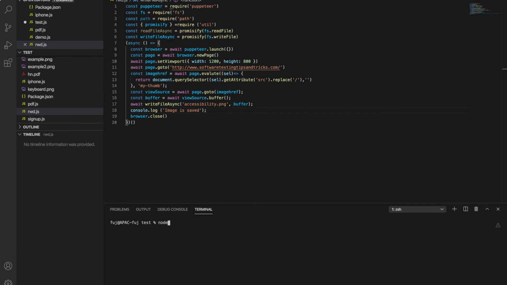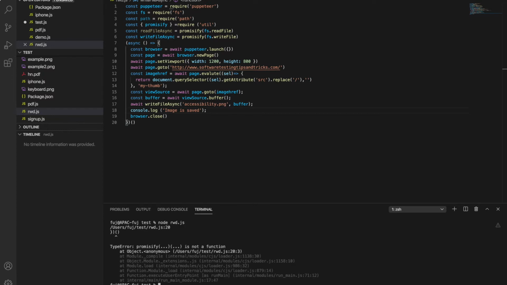Now let me run this, read write download.js. I am seeing one error at line number 20. It seems like I am missing something.